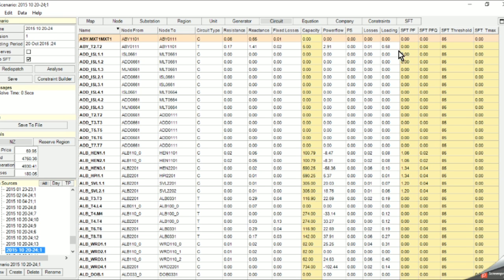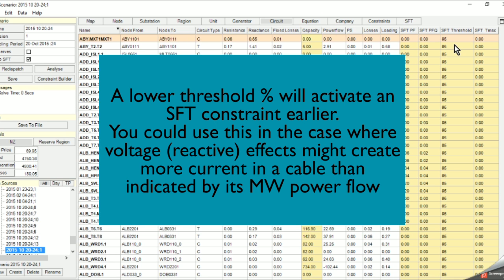If we look at a scenario, you'll also see that you can change some of these values. For example, you might want an SFT constraint to appear at a lower threshold, and you could do that by entering a smaller number in the SFT threshold column for this particular scenario. Why would you want to do that? Well, there's a very good reason for it. The SFT application, which is run by Transpower, a system operator,